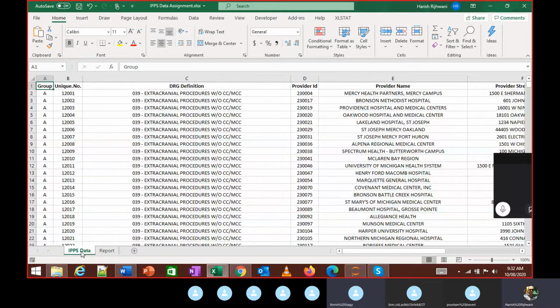What's the shortcut for filter? Anybody remember the shortcut keys for filter? How do you do the filter?